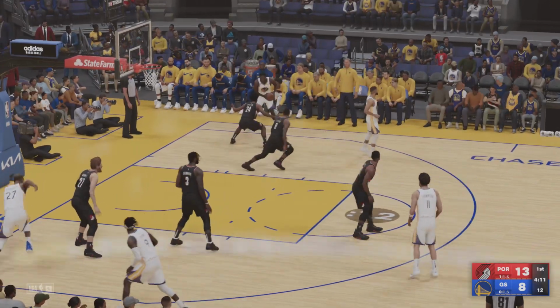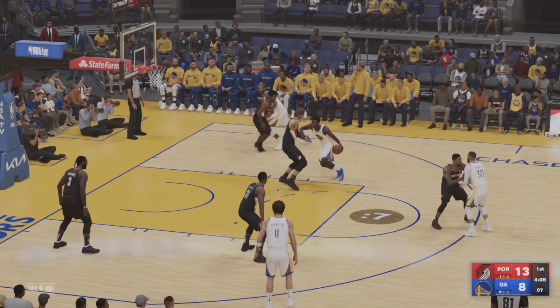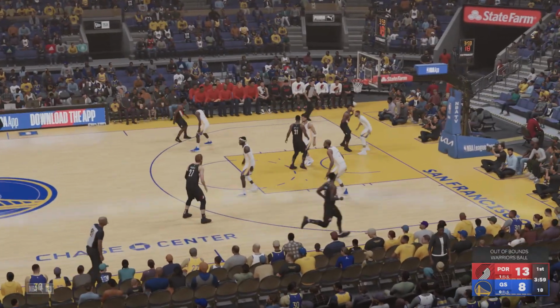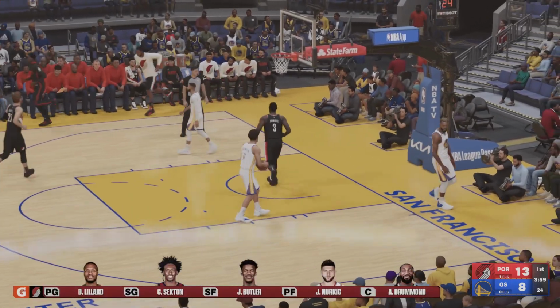Curry passes to Wiggins. Gobert with a screen for Wiggins. Pass to Gobert. And stolen by Sexton. To the middle. And the ball out of play. The Warriors will inbound. And with the pause here, how about the stats for